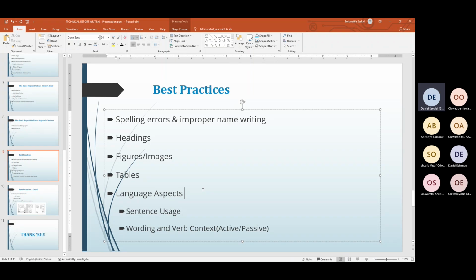Then always talk in the passive voice. Don't use the active voice, and stop using first person. It's better to use the third person. Then make sure your context is right, and use technical words that are pertaining to the field that your study